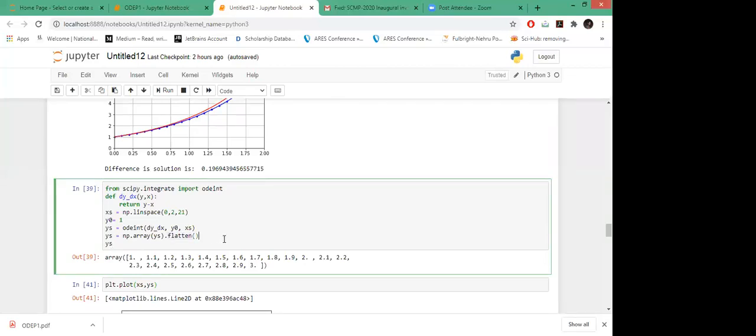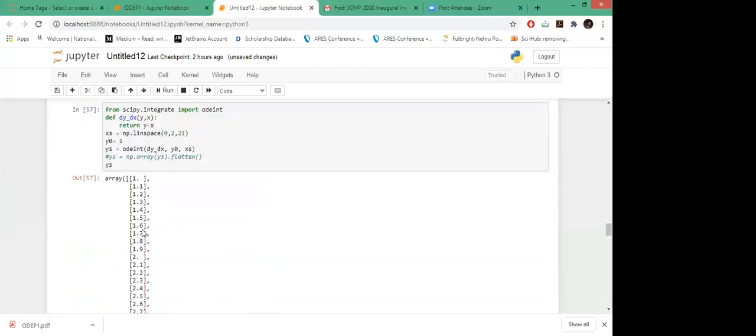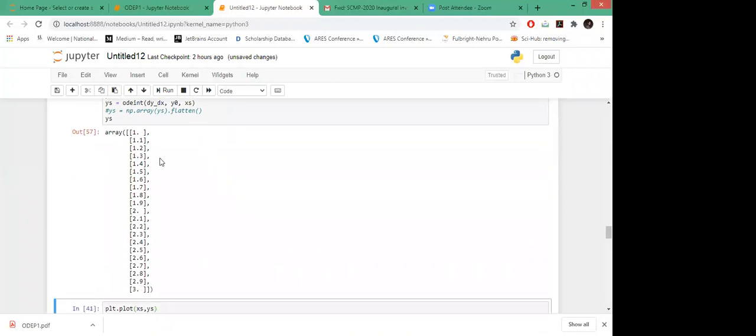Yes, yes. So here, this is just to see the output. I just want to flatten it; I want my output in this form. Otherwise, if I remove this, your output has this array form. This is just related to how you want to see your output. You can use it directly as well. I've just used the flatten function to change the orientation of how the output is represented.